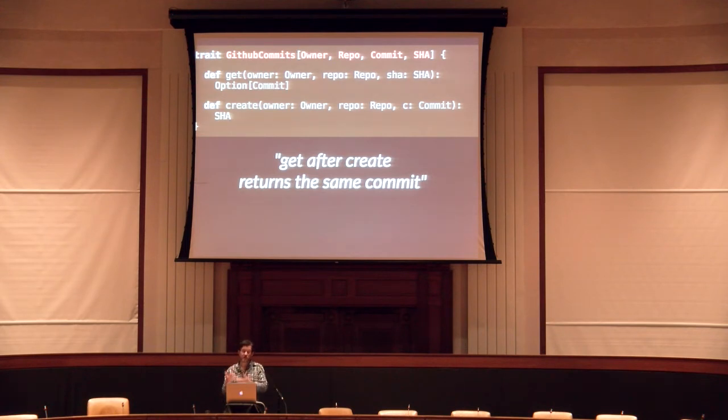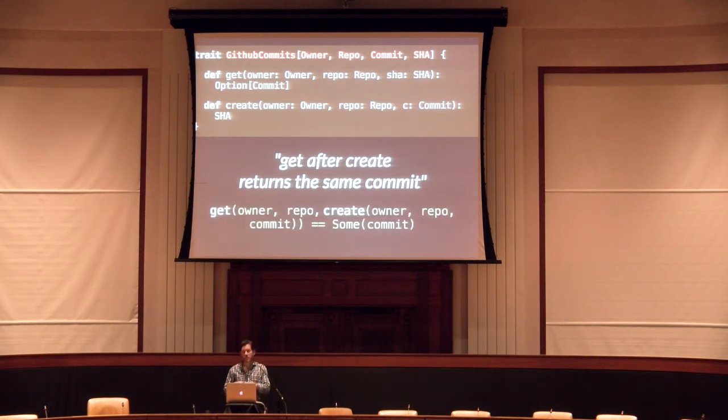This happens all the time when we write our tests. We turn something into JSON, and we turn it back into the thing from JSON, and it's got to equal the thing that we started with. This is the same idea. So we would encode it somehow like this. We do a create operation first. The output of create is the SHA. Then we put that in as the parameter in the Git, and we should get back the commit that we pushed up.